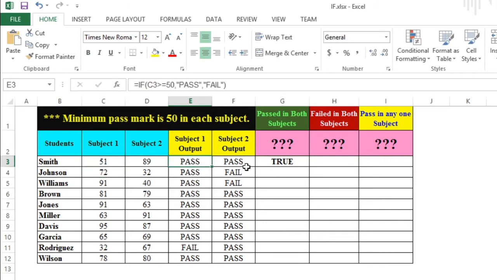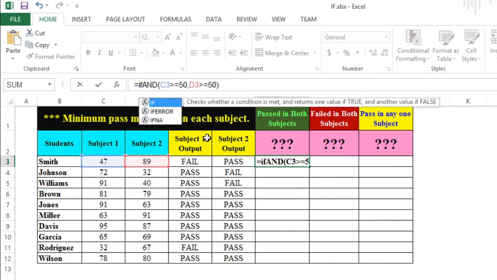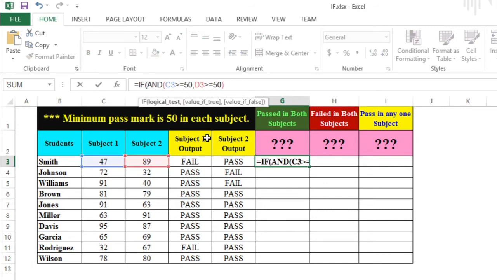Now we will use if function along with AND function. One more thing, if you need more information about AND or OR function, please watch the video on AND and OR function. Select cell G3, go to the formula bar, place the cursor after the equal to sign, and type if, put first bracket or hit tab. Notice the function information text is active and currently the conditional checking part is active, highlighted in blue color. We are now in the logical test part of if function.